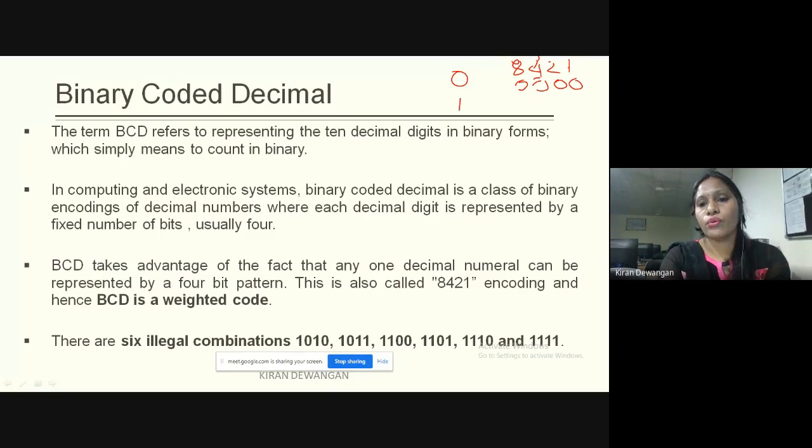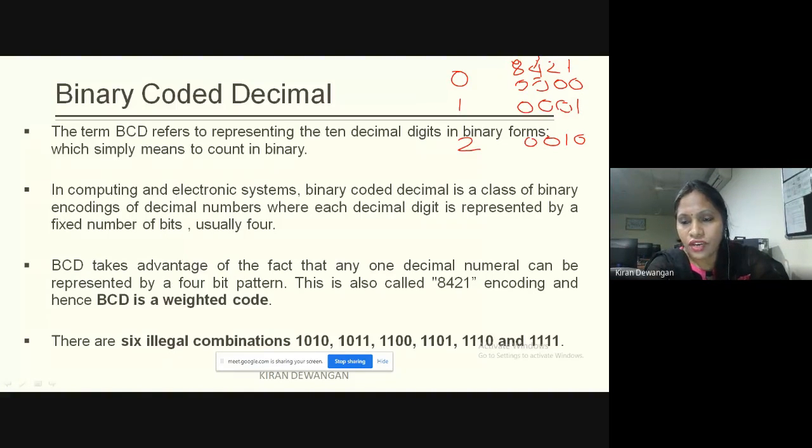If I have to code 1, it will be 0, 0, 0, 1. If I have to code 2, it is 0, 0, 1, 0. Because the 1 is coming at the position of weight 2, that is going high, and the rest are 0. Clear?